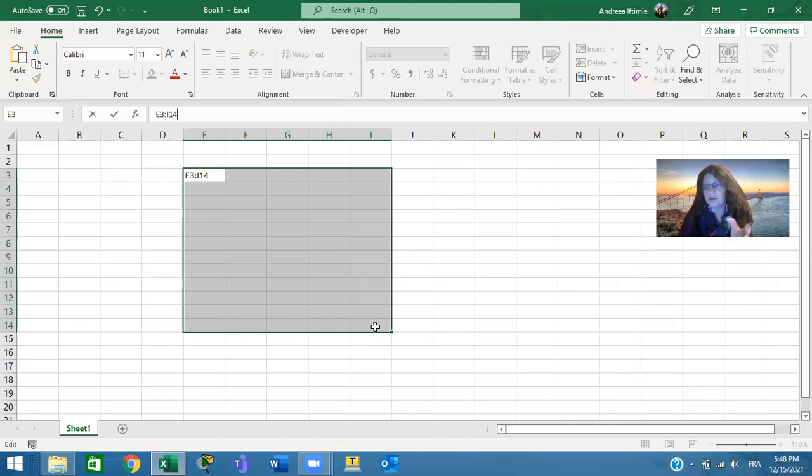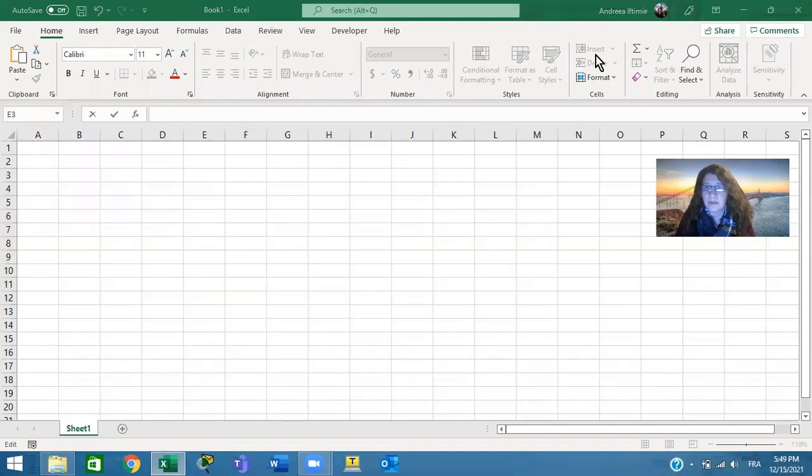And this is how I would refer to this range of cells if I want to talk about this range of cells. So I'm going to erase this because that doesn't make sense to put that there. No, that's not what I want to do. Okay, so